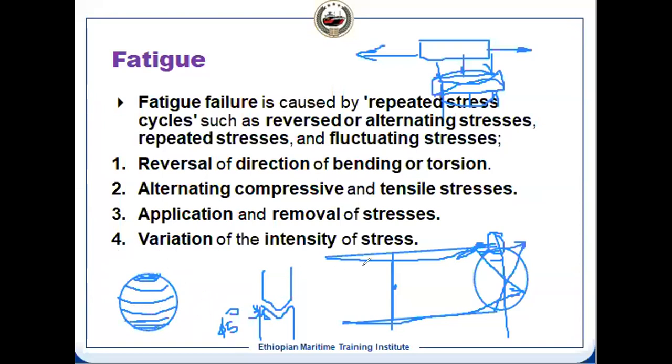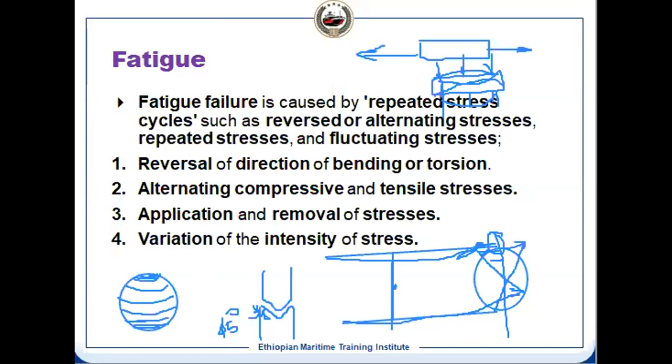So by the end it will be flat. There is no neck formation, so you know it is because of fatigue failure. Once it is subjected to cyclic loading, this type of failure happens. When it comes back to the original position, because it was in compression, it changed to tensile force, then it has to come to the point where it initially was. So the stress is relieved. Again, stress is generated. So there will be a change of stress like this.